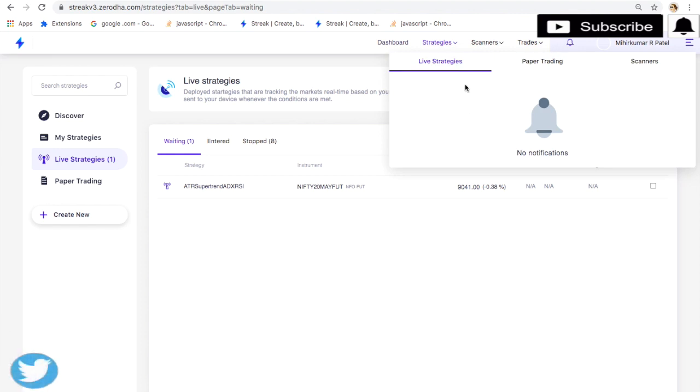You can see the signal here at this point in live trading. A notification will be given, and you have to click buy or sell, because Streak generates signals only, it is not going to click buy or sell. Whenever you click on buy, it will put an order in your Zerodha account or any supported brokerage through which you have opened an account in Streak. I don't know which brokers are supported; I am using only Zerodha, so Zerodha is supported. Whenever I click buy here, the order will be sent to my Zerodha account. In the same way, when I click on sell, the order will be sent to my account. So you have to manually click on buy and sell.